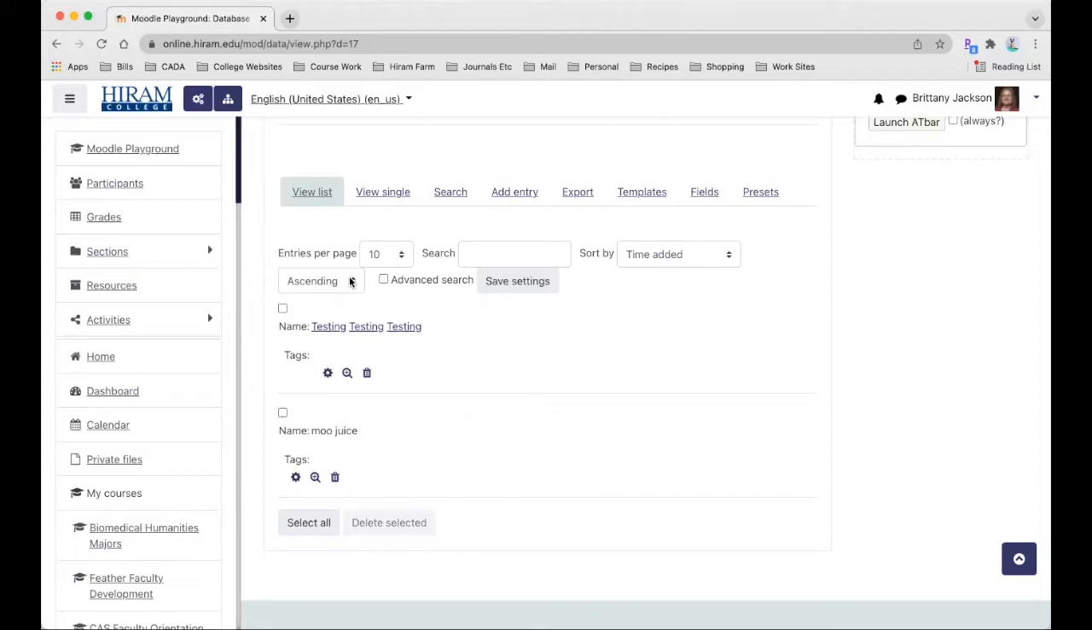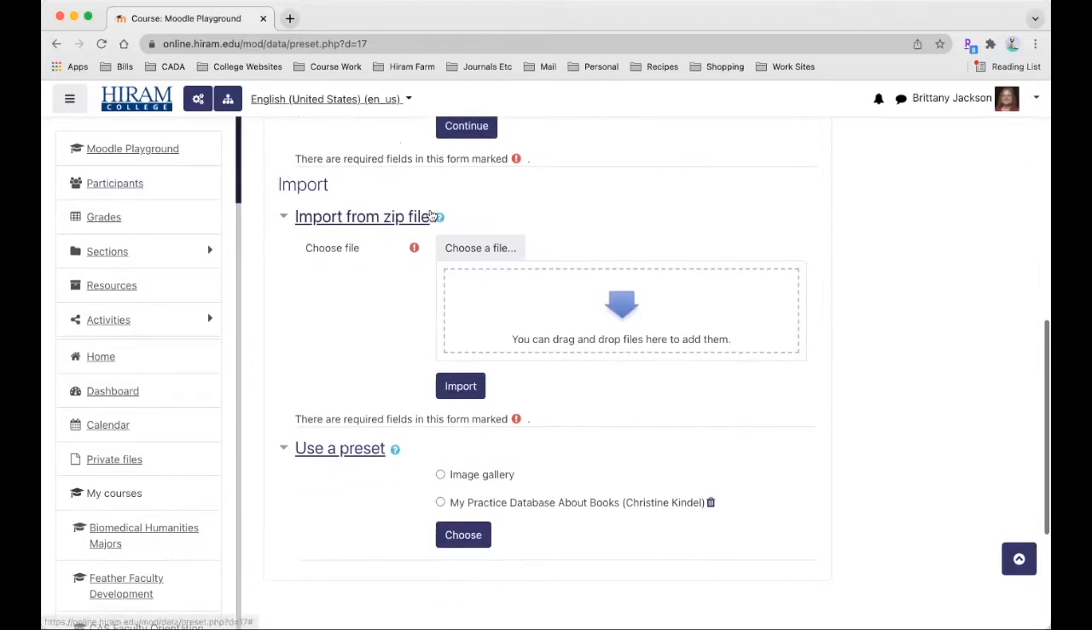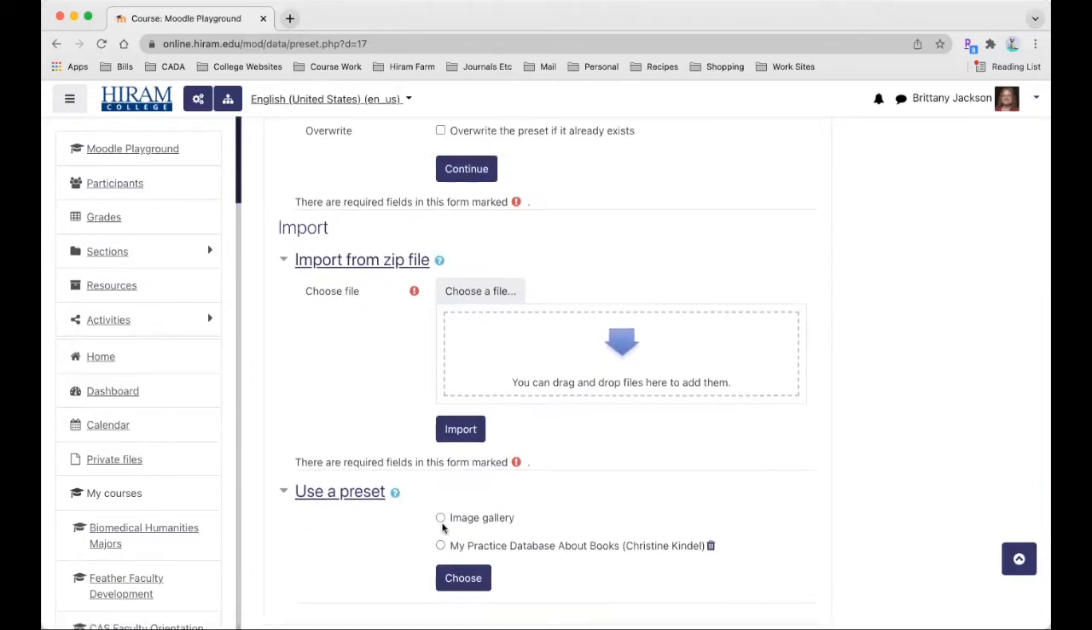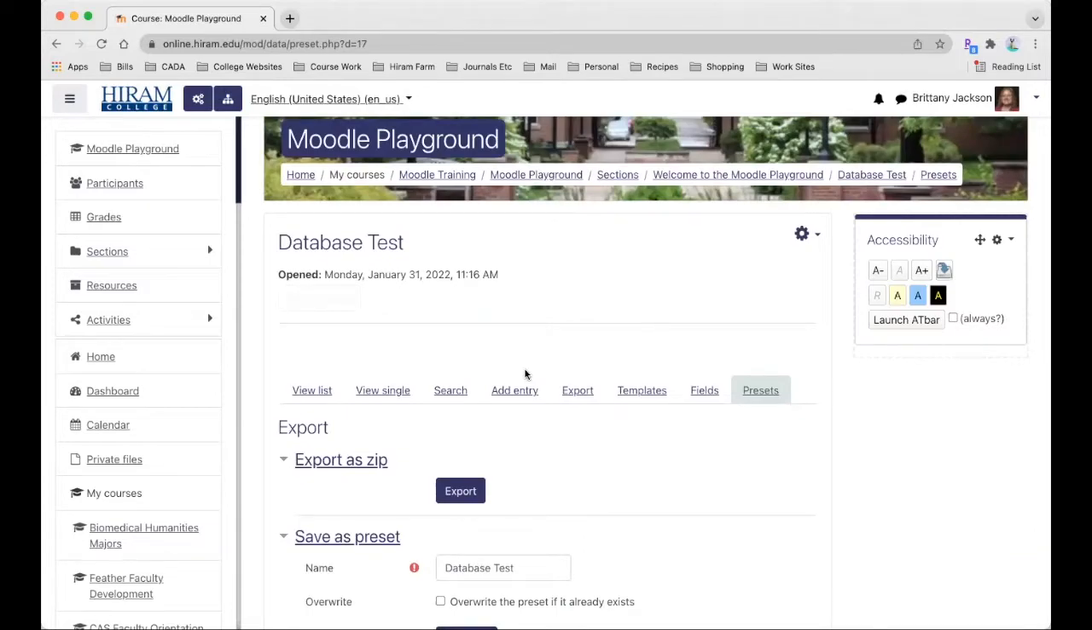I can search and sort by them. I can add more entries. I can export it out. I can also, again, add more fields, change the template of how it looks, presets. Can I export it as a zip file or import from a zip file? I can also, if it's an image gallery, I can click there and click choose. So there's a lot you can do with the database,